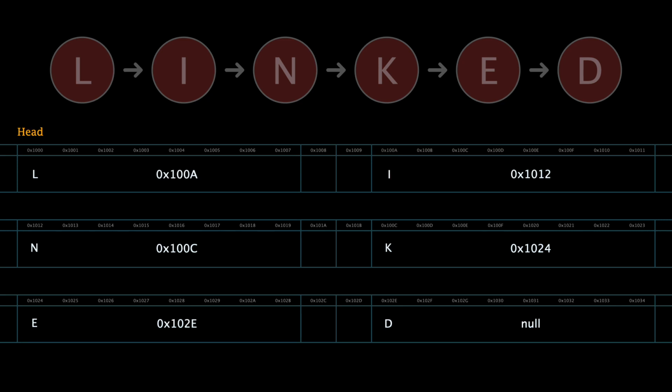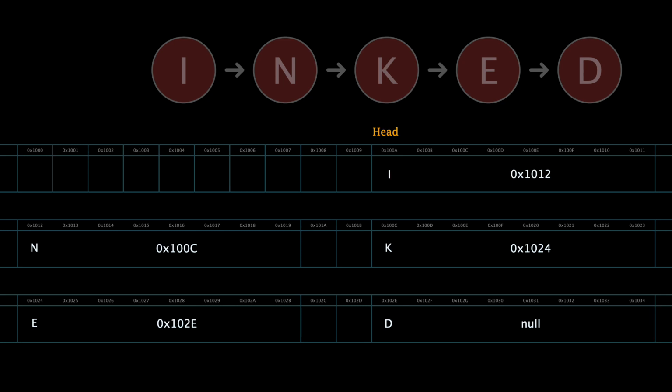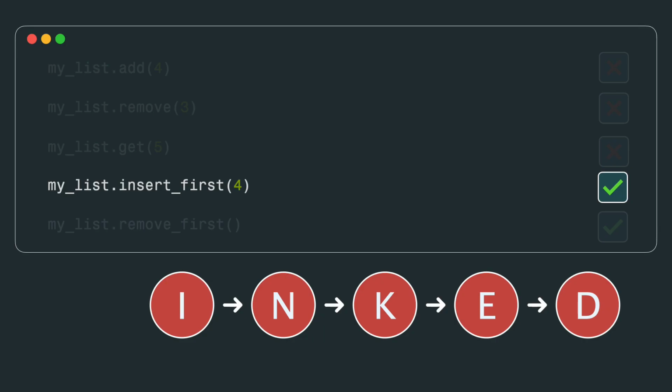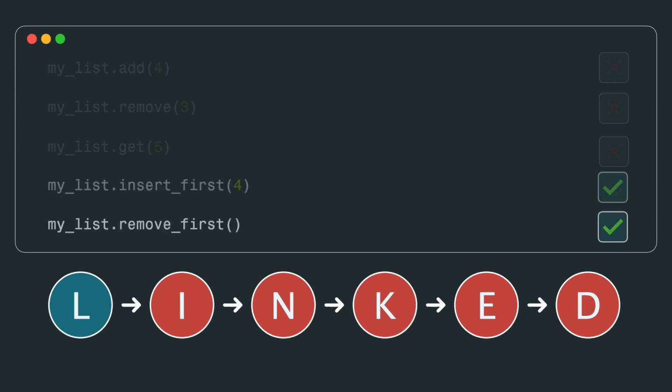This process is really fast because we don't need to traverse the entire list. Similarly, when it comes to removing data from the start of the list, the process is efficient. First, we update the head to point to the second node in the list, effectively disconnecting the first node, and then the system can reclaim its memory. The great thing about adding or removing nodes at the beginning of a linked list is how quickly we can get it done. We don't have to go through a whole chain of nodes.